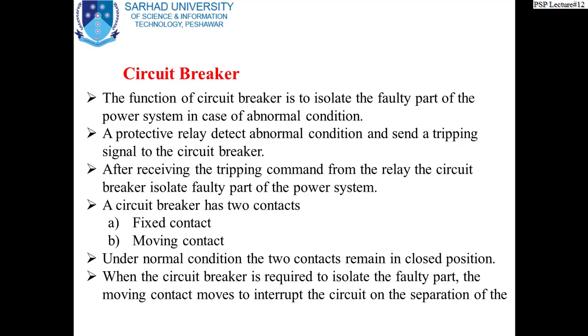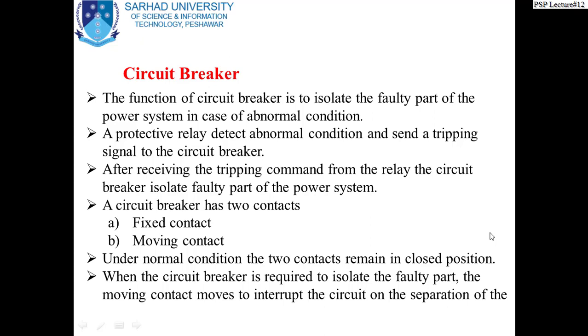Gentlemen, it is just like a switch. When you open the switch, the supply is cut off. When the switch is closed, the supply is there. Similarly, this is the function of the circuit breaker, but a switch can be opened and closed manually. But the circuit breaker automatically opens its contact when a fault occurs. When it gets a signal that there is a fault on the system, the circuit breaker opens its contact automatically. And then of course it can be manually closed when the fault is cleared to restore the supply. Okay.